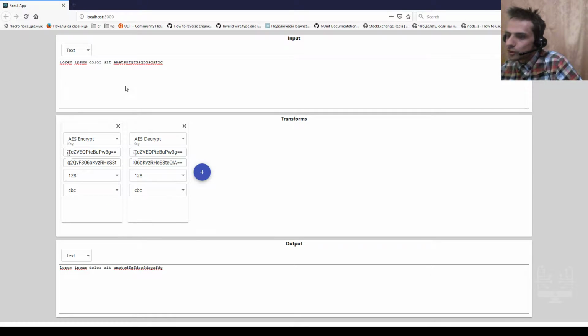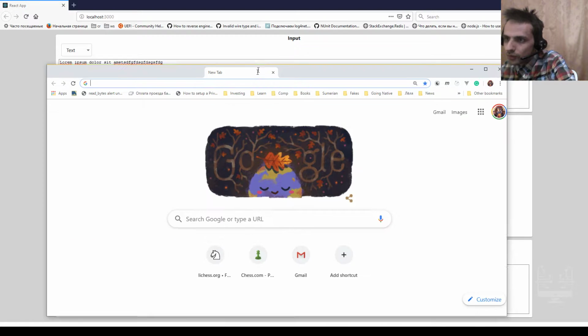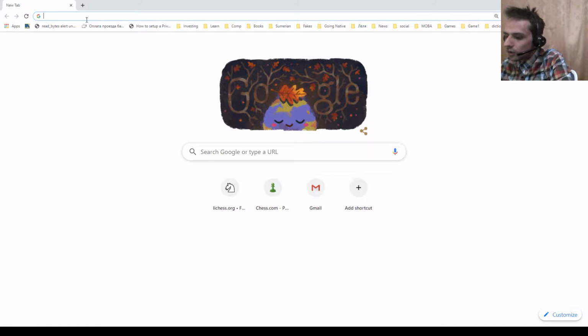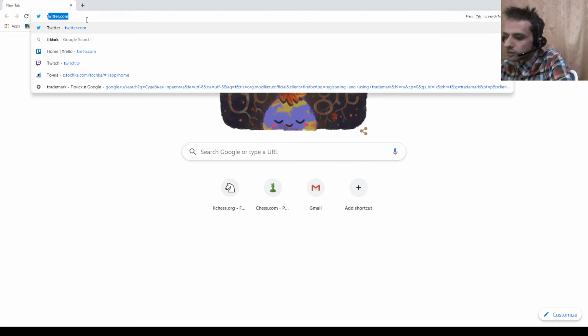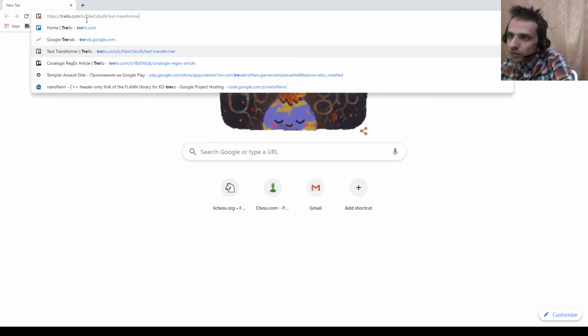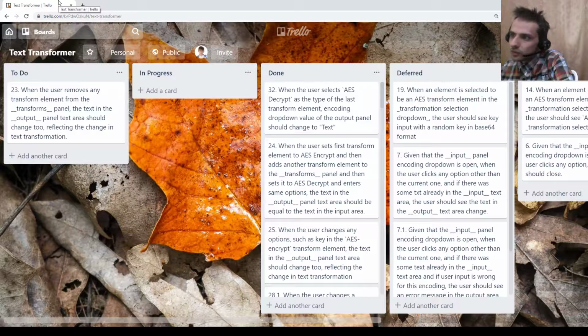I wanted to check my Trello first. Let me start. I think I need another Chrome instance. Trello, Text Transformer. So this is my Trello board where I have all the tickets I need to complete.